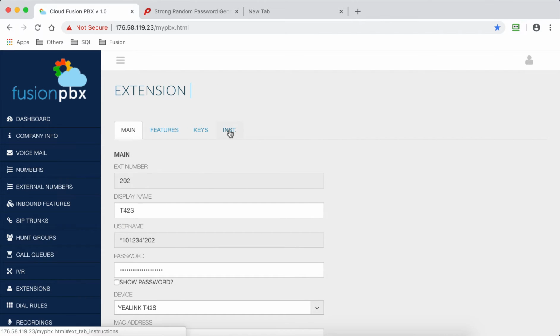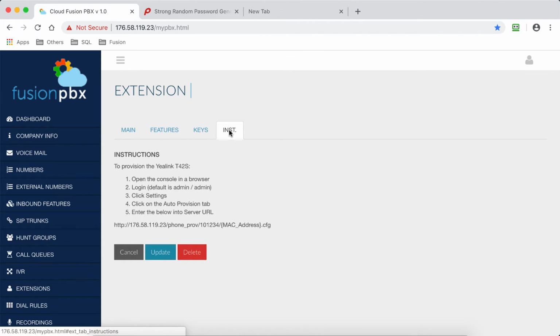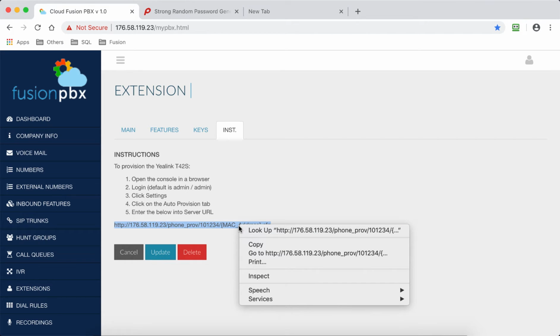And then go to the install option. This link we're going to use now in a separate web page. So if you copy the whole link, as you can see here, it says MAC address. We're going to use the MAC address that we got from the phone earlier, and we're going to replace the wording of MAC address shortly. So copy this,